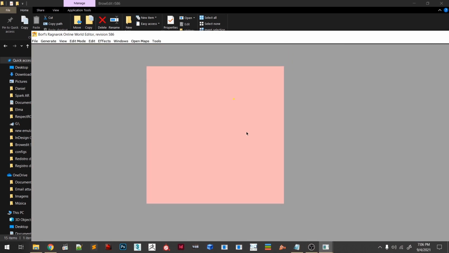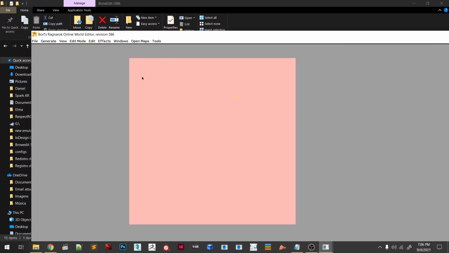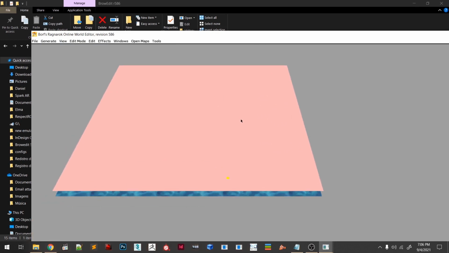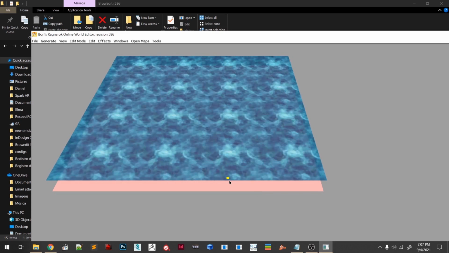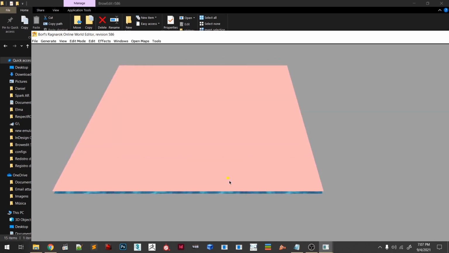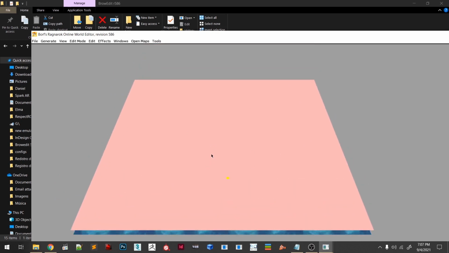Okay, so here we want to select this whole map. Let's go back to view and top camera, press page down, page up, everything's moved, that's good. What you want to do now is go to Windows and Water, and then you're going to set this to -20. Okay, press OK, and now you're going to press page up to bring the ground up above the water, and you're set. Now your map is set to work on it.